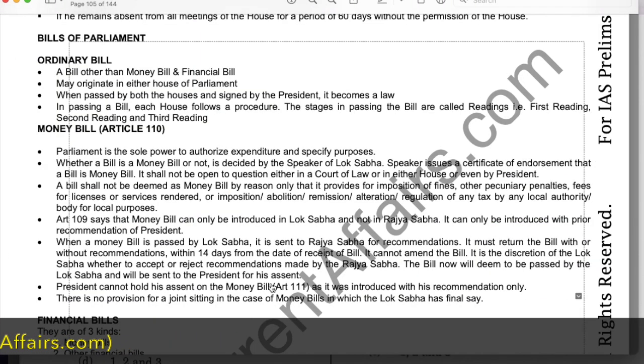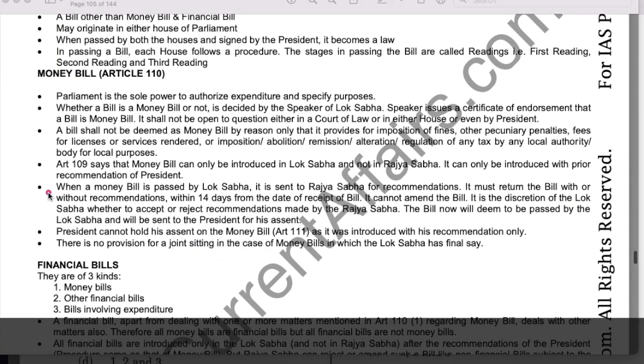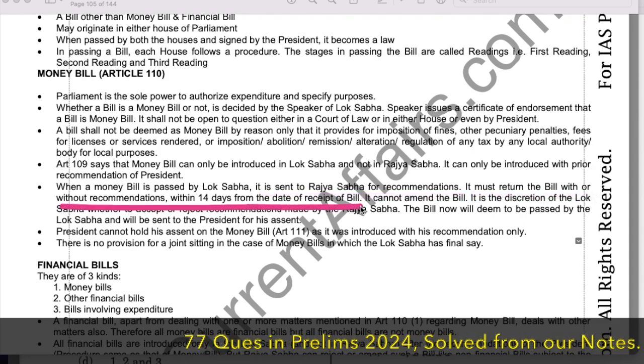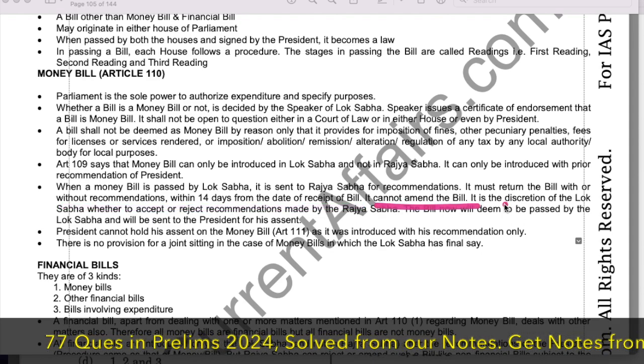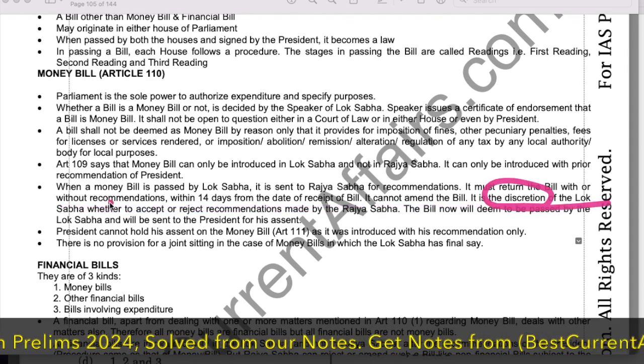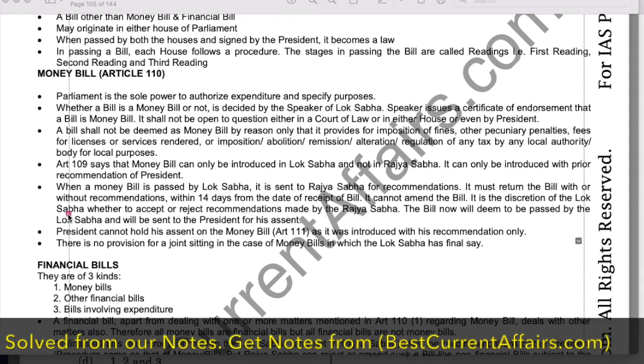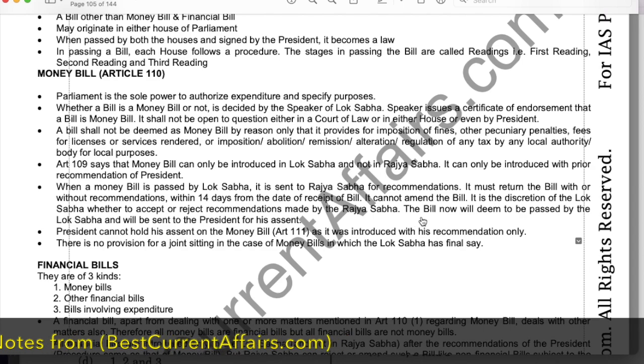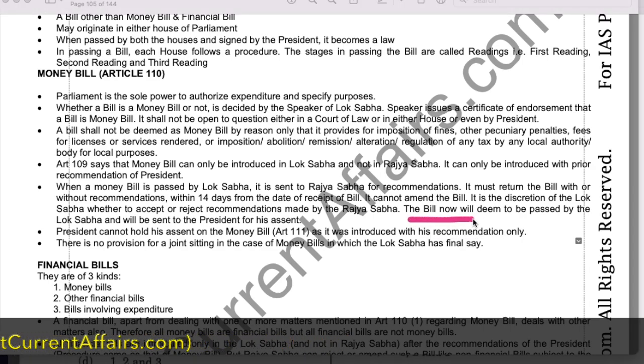Now see on the same page number 103. Here it is mentioned that when a money bill is passed by the Lok Sabha, it is sent to Rajya Sabha for recommendations. Rajya Sabha must return the bill with or without recommendations within 14 days from the date of the receipt of the bill. It cannot amend the bill. It is the discretion of the Lok Sabha to accept or reject recommendations made by the Rajya Sabha. Bill now will deem to be passed by the Lok Sabha and will be sent to the President for his assent. So therefore,